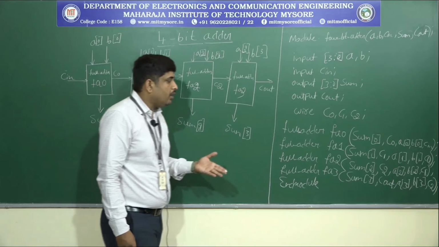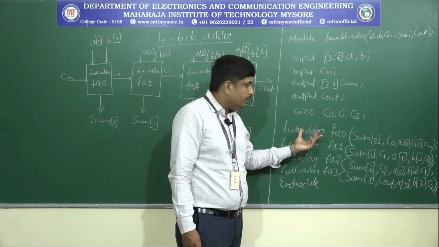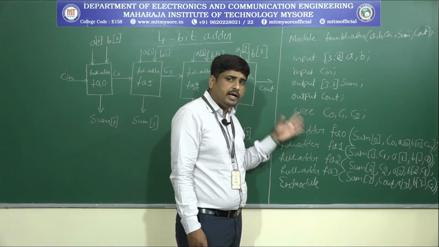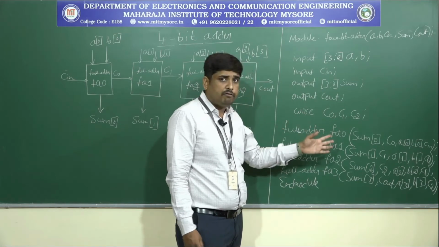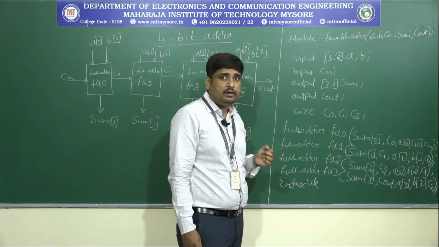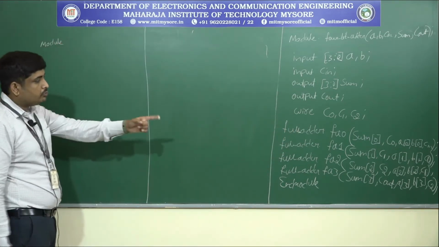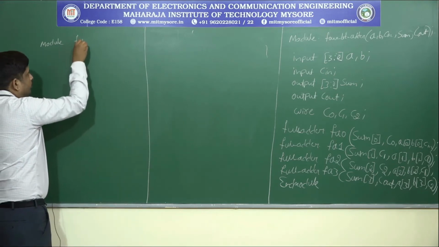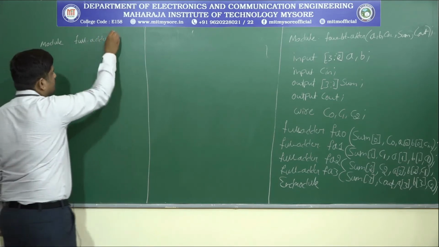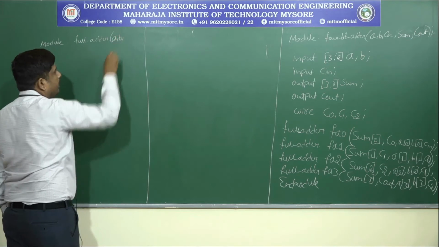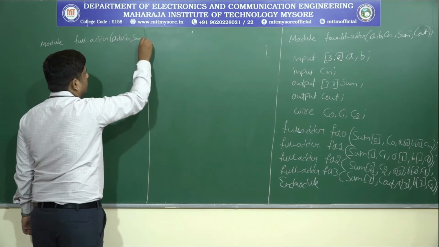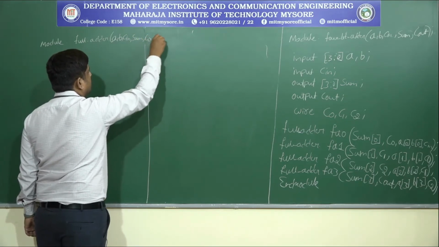Again we need to write the operation of full_adder, because here we have not mentioned any logic of full_adder. Here we just instantiate the 4-bit adder, that is, instantiate the four full adders. So next we have to write the gate level description for a full adder circuit. Module: the name of the module should be the same name here, that is full_adder. So what are the inputs? That is A, B, Cin, sum, Cout.